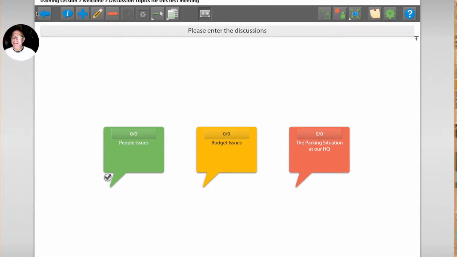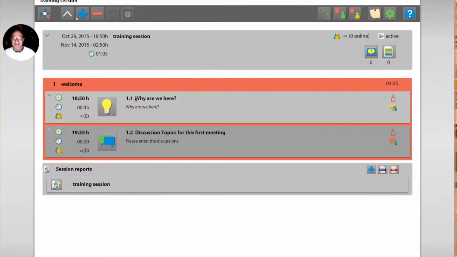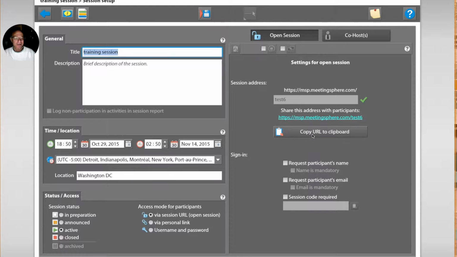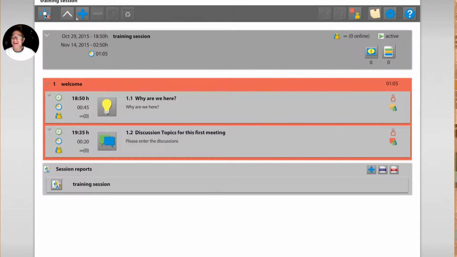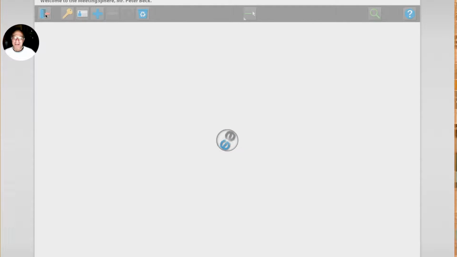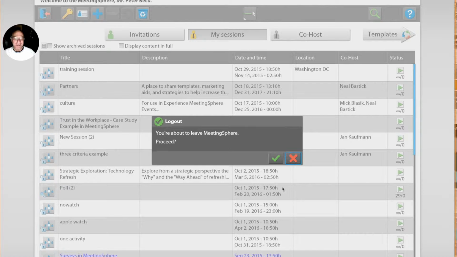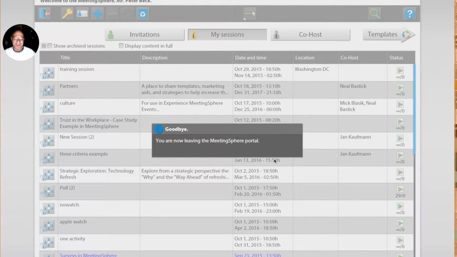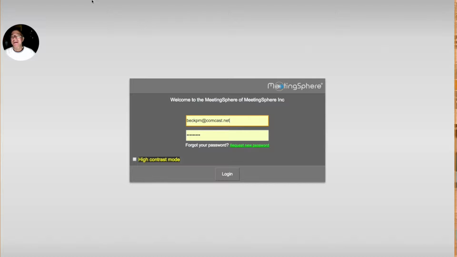And there is a meeting. It has 2 steps. Why are we here? Some discussion topics. And if you recall, it has a way to get in and doesn't require anybody to put information in. I'm going to get out of this, just go back to my browser, and I'm going to go ahead and pretend I'm a new user just coming in to that meeting. So I'm going to paste test 6 in the top,